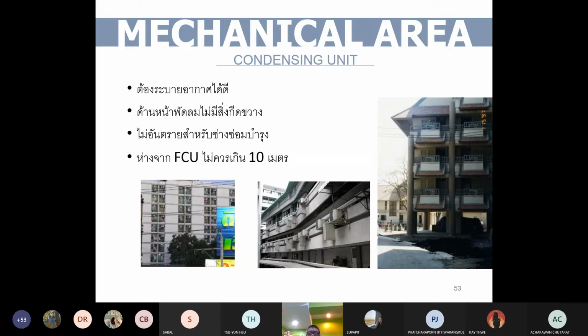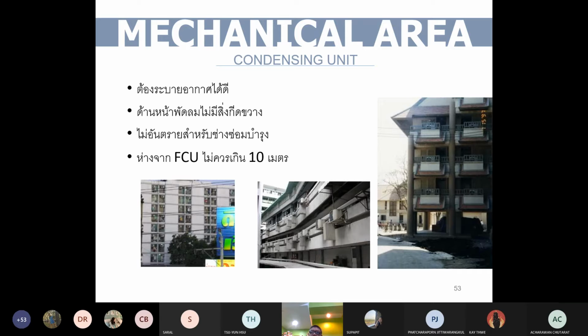They use the condensing unit. Each floor they use a condensing unit, but the problem is in the system which is above 15th floor, they cannot reject the heat. I mean, the condensing unit has a problem. They have high pressure, so it cannot be ventilated, and they cannot have the airflow through the condensing unit,